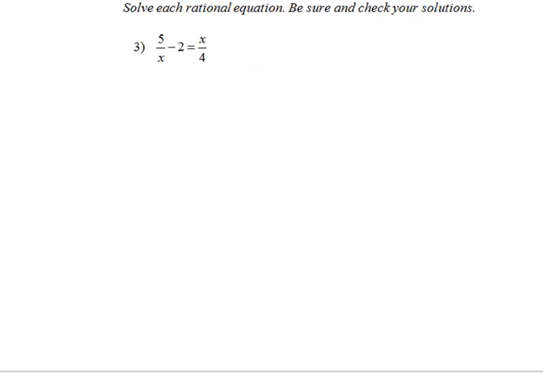And I'm going to do one little thing right away to sort of make this easier for myself. I'm going to remember that 2 is the same as 2 over 1. So when I go to look for the LCD, the least common denominator, I have x and 1 and 4. And the least common denominator for that would be 4x. So I will use 4x to rewrite the problem. So I'll have 4x